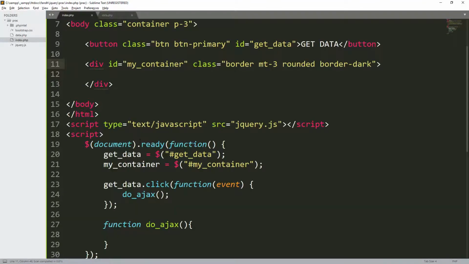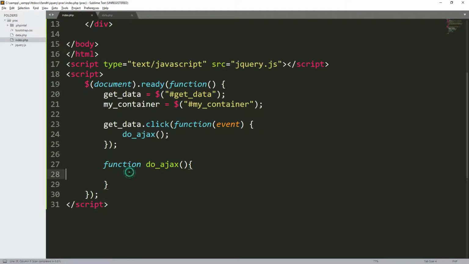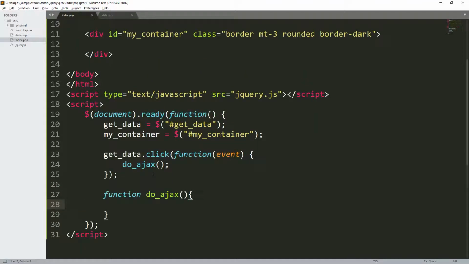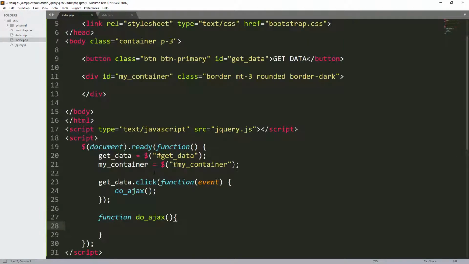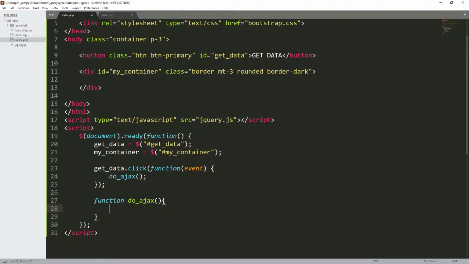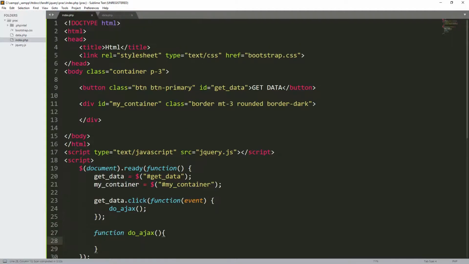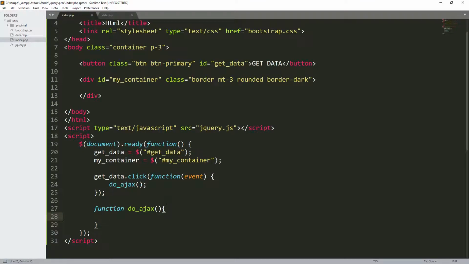Do you understand what I want to do? Do you understand what I want to do, members? I've just said it. So what do I want to do? Try to tell me what I want to do. Sometimes you ask questions: what do you think I want to do according to you? When I click on this button, what do I want to do inside this one? Just in layman's terms.